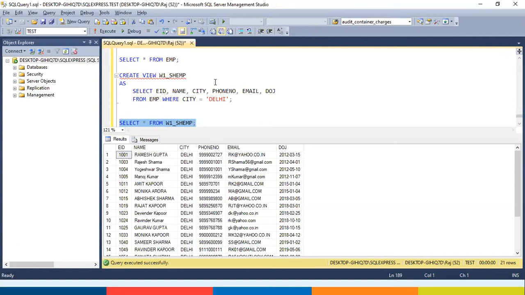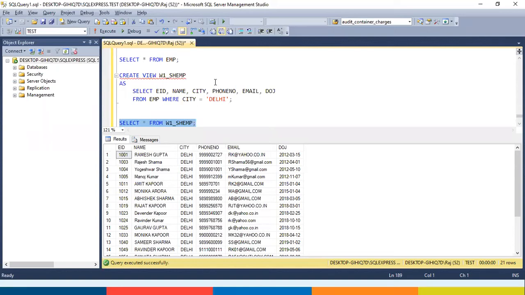You can tell the Delhi employees that the name of the table is SHEMP, and they will never come to know that this is not the actual table, this is a view.